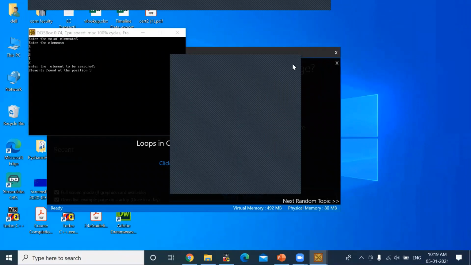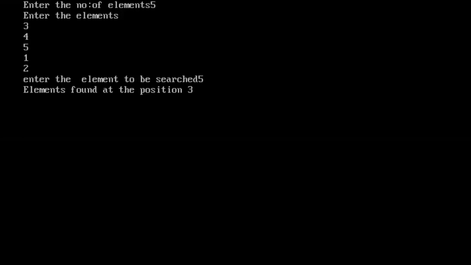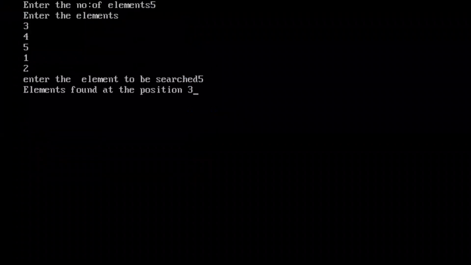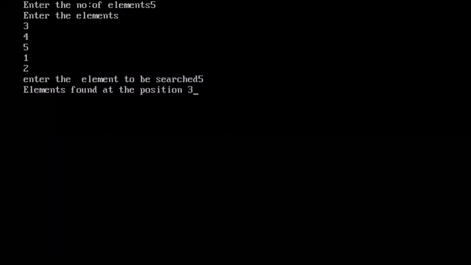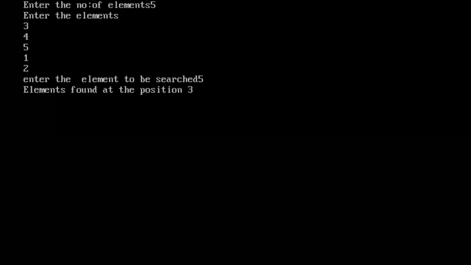Okay. So here, you know that whenever you are having an array, tell me what is the index number of 5 in this array? You know that these elements are stored in an array, right? The starting index is? What are the elements I have given? Don't wait. 3, 4, 5. What is the index number of 3?